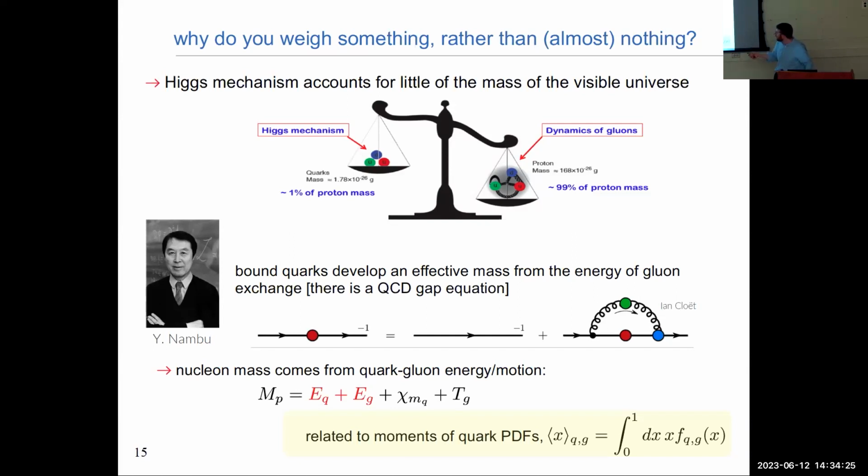Another way of putting it, and it's probably not really clear, is if I think of a quark propagator, a renormalized quark propagator in the QCD gap equation language. At first order, it just looks like a bare quark propagator, 1 over q squared minus the quark mass squared. And the mass could be something very small. It could be the current mass that appears in the QCD Lagrangian. It could be 0 for the sake of argument.